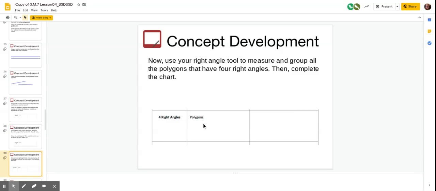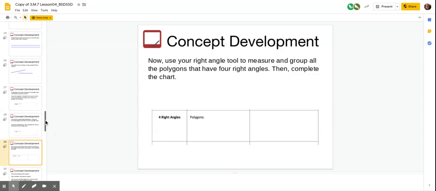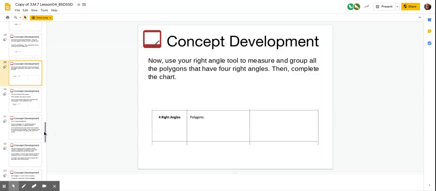Next, you're going to do right angles. So anything that would have a right angle, like a square, you'd find the letter for the shapes or the polygons that have right angles, write them there, and then you would sketch them out. Now, a right angle tool would be like a piece of paper or a book